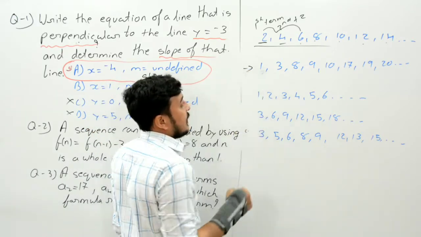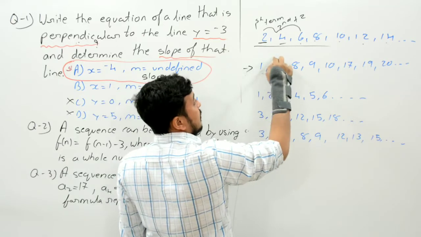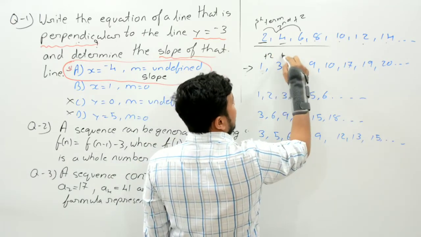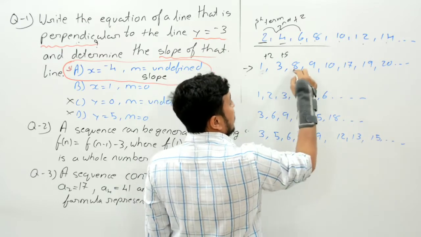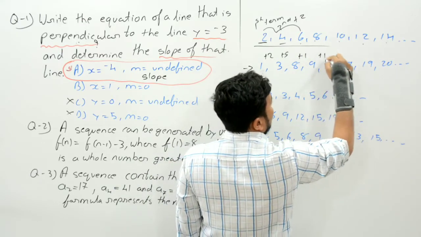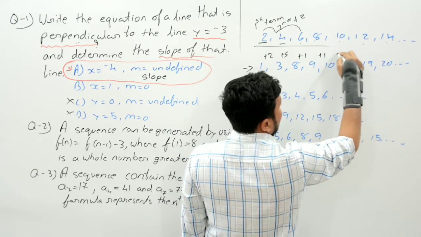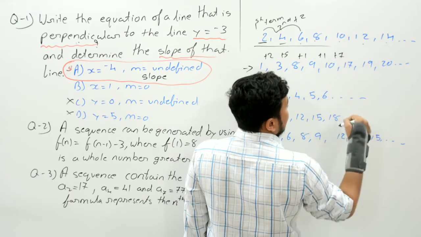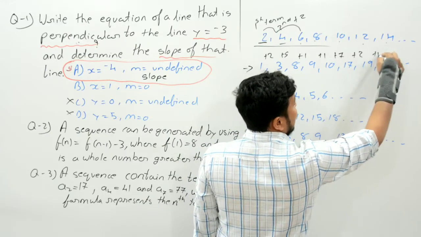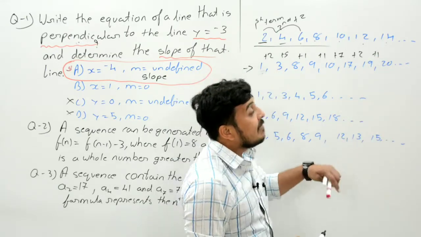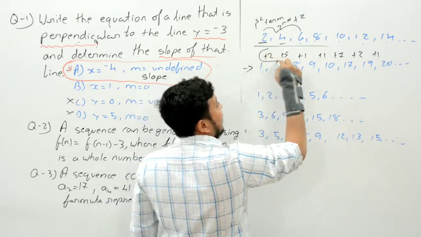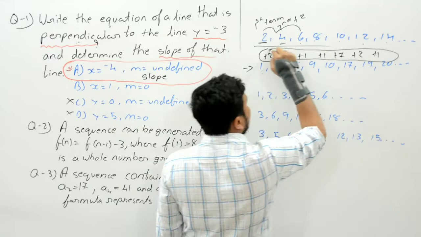So in the first sequence, each and every consecutive term is increased by 2. Now in the second sequence, the first term plus 2 gets the second term. Second term plus 5 gets the third term. Third plus 1 gets the fourth term. Plus 1 fifth term. Plus 7 sixth term. Plus 2 eighth term. Plus 1 ninth term. And we cannot find how we can get the 10th term, because there is not a proper manner in the increasing order of the terms.